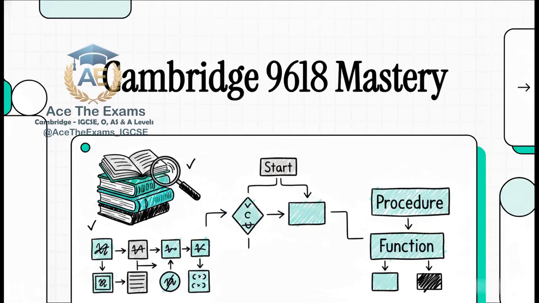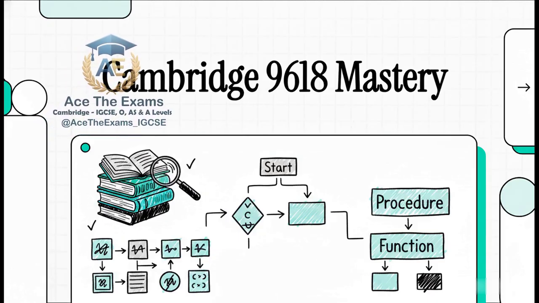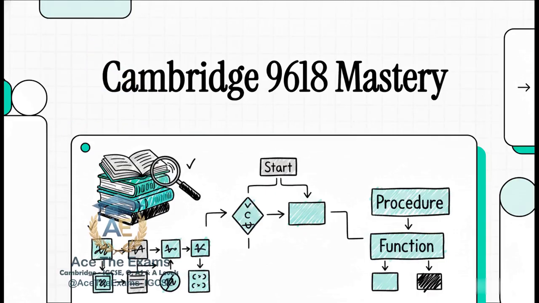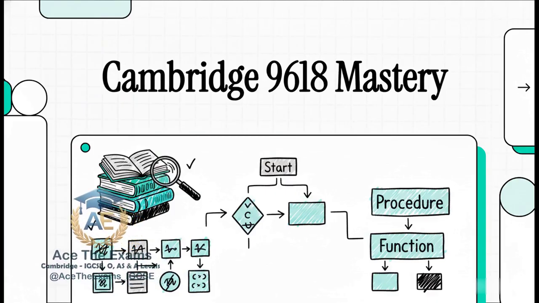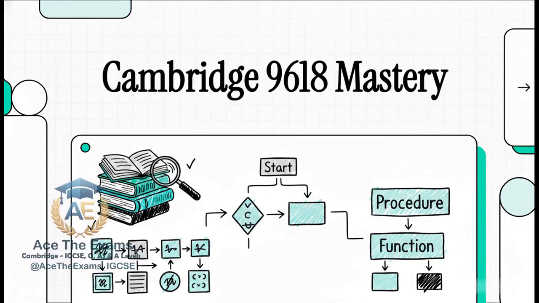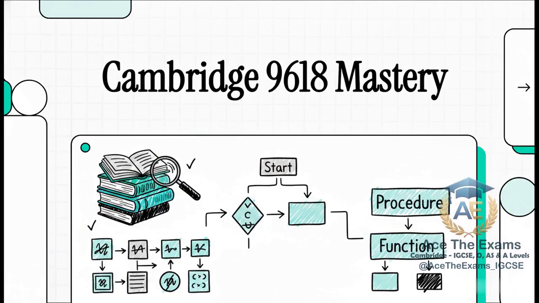We're talking about mastering imperative procedural programming across your Cambridge Computer Science exams. Whether you're looking at syllabuses like 0417, 0478, 0983, 0984, 2210, or our main heavyweight champion today, the AS&A level 9618, the strategy remains the same. I am literally so thrilled to guide you through this today because we are going straight to the source. We're looking at exactly what examiners are desperately searching for in your answers when it comes to variables, constructs, procedures,